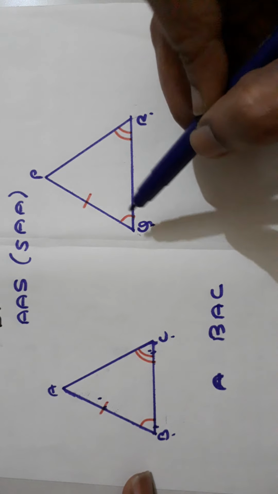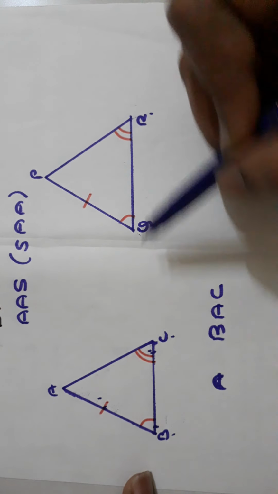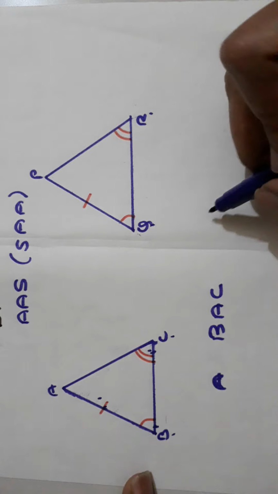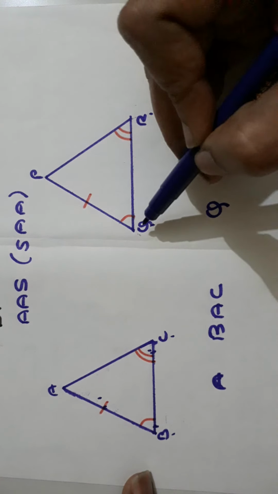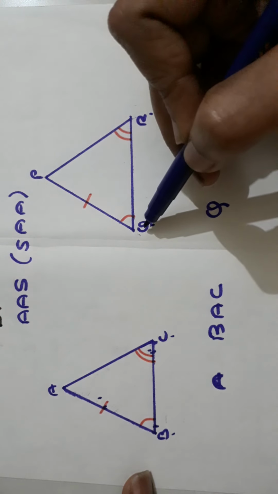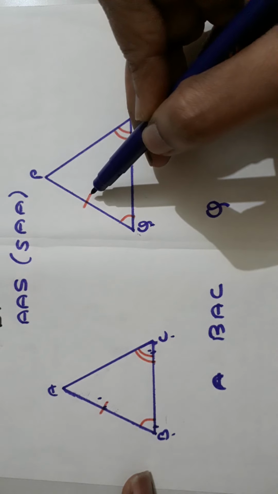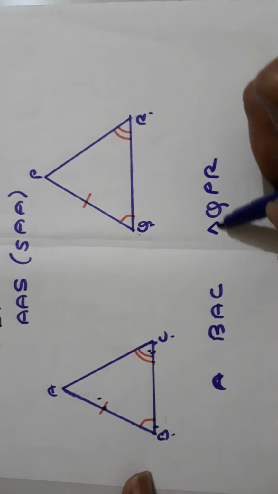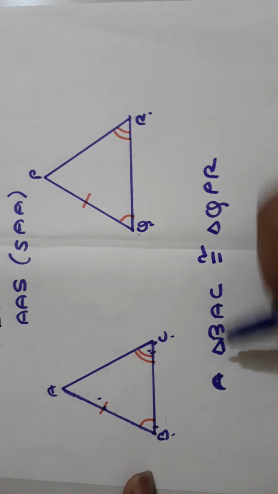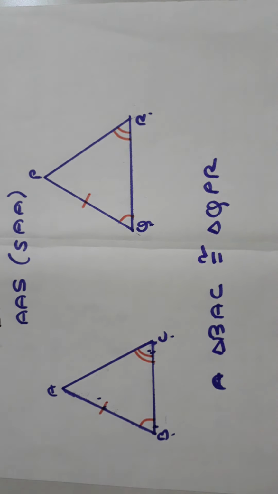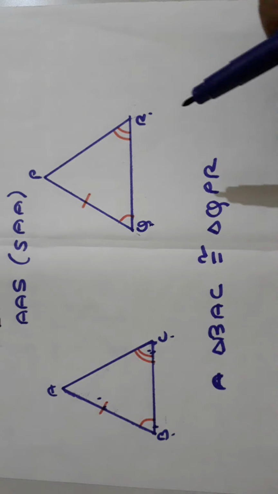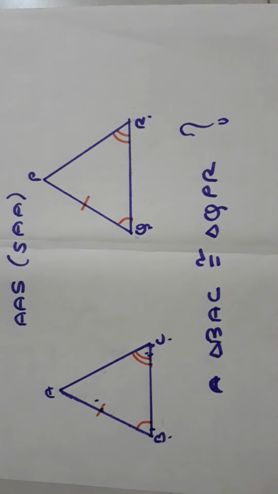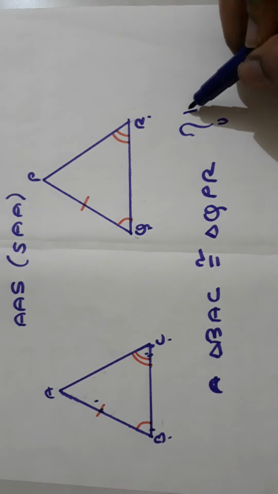Start at Q because Q is indicated by the same symbol as B. So start at Q, then move to P because the path from Q to P is indicated by a single line. Q, P and then R. So this is a congruency between the two triangles. You will get two more congruencies you can write down. That is